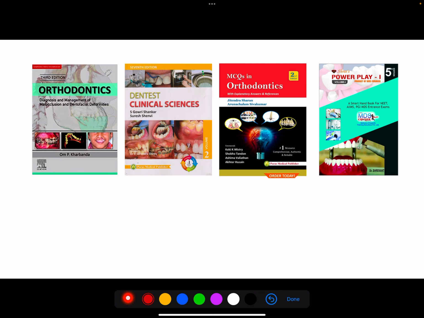Next, I don't know the goal of a particular student, but I know that you can stick to your basic books, the ones you referred to during your UG level for basic reference. Whenever you want to refer to something or understand something better, it's okay, because a few of you have done your final year recently and a few of you long back, but it's okay.